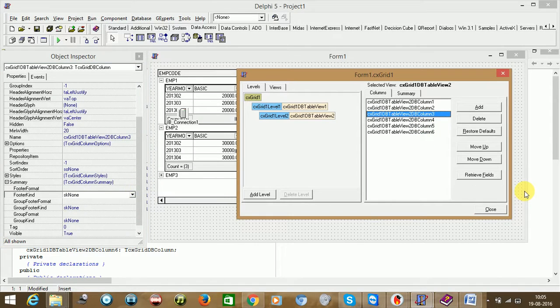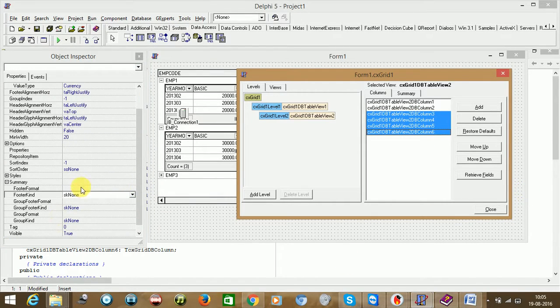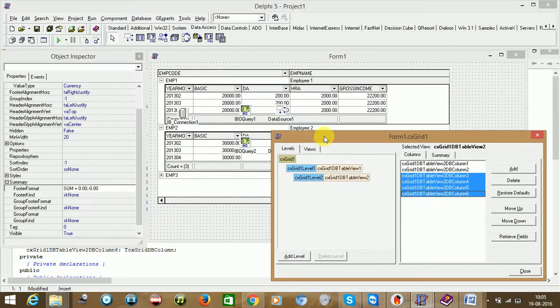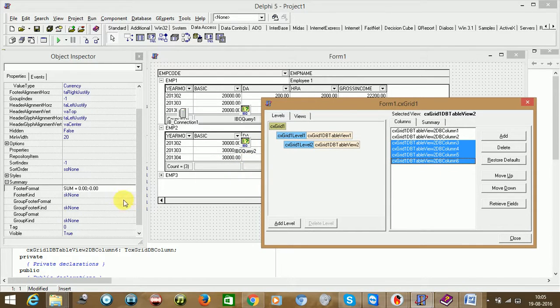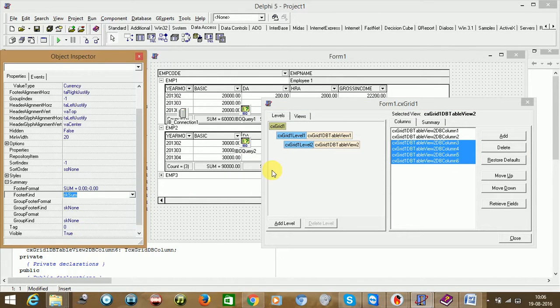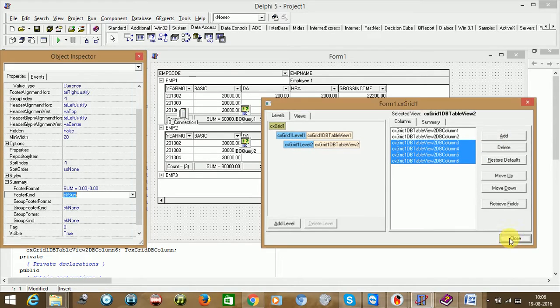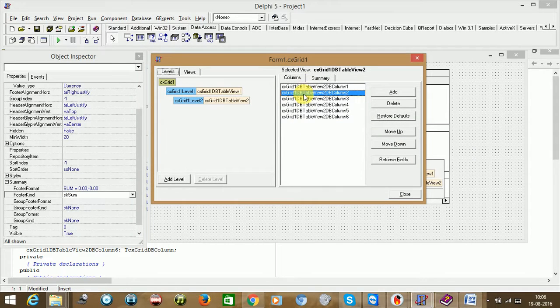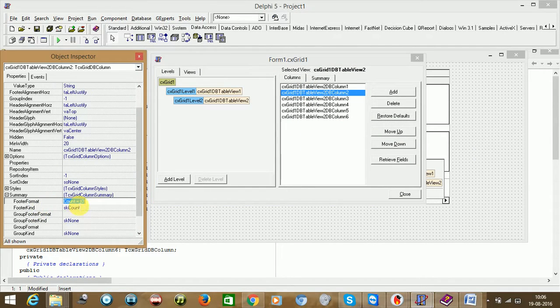Now select the remaining all 4 columns and say what format you want. The format we want is sum is equal to 0.00 semicolon minus 0.00. That's it. Still nothing is coming here, everything is blank, so you just need to say sum. That's it. And sorry, here count is coming in small letter, so just to have it in a sophisticated way, make it capital.